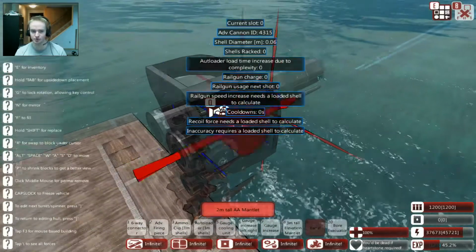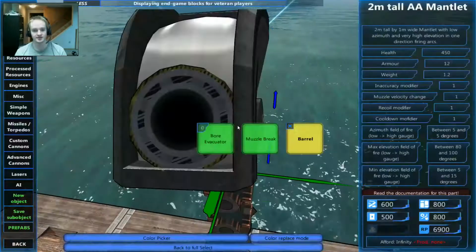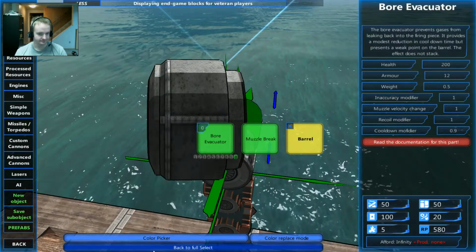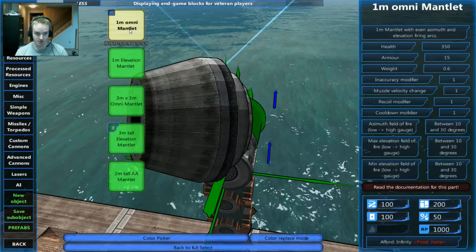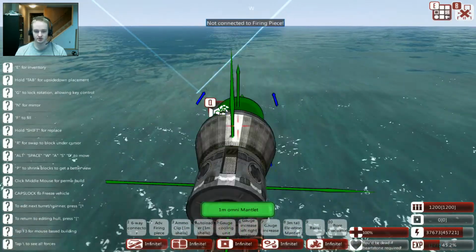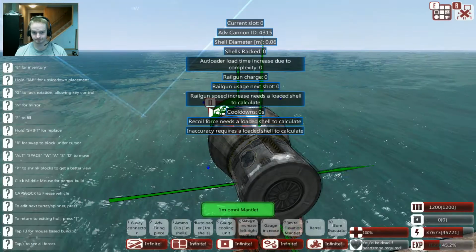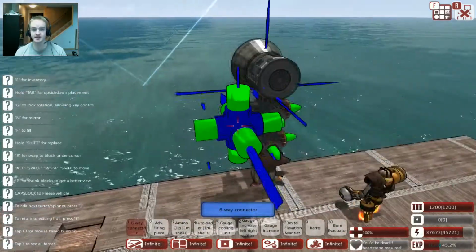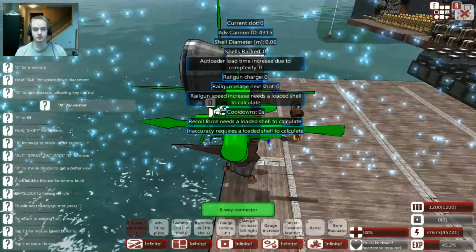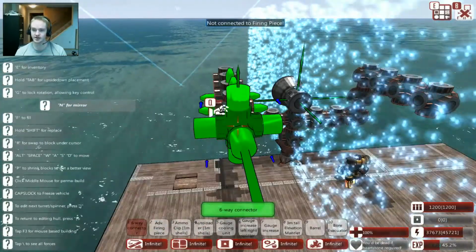Just know that they go directly in front of the firing piece. That is where they go. That is where they are happy. We'll talk a little bit more about the barrels later. But for now, let's just throw on a basic 1-meter Omni mantlet, and we'll add the barrels later. For now, let's add in some more of these 6-way connectors, and we'll show you how to actually load ammo